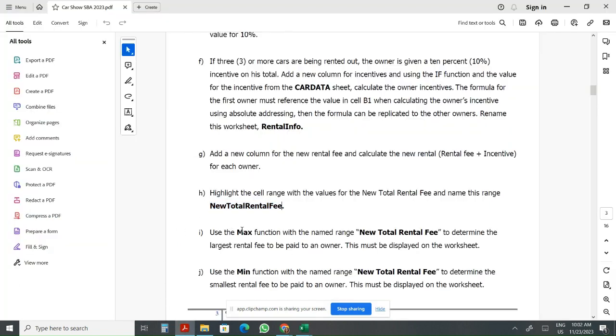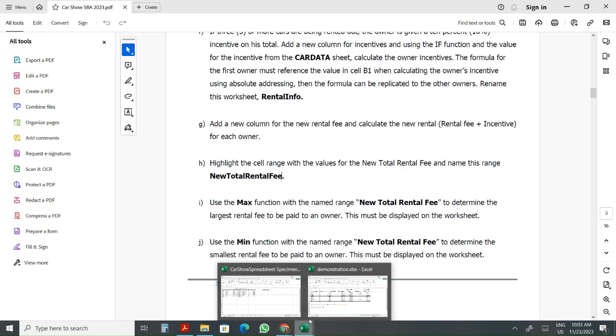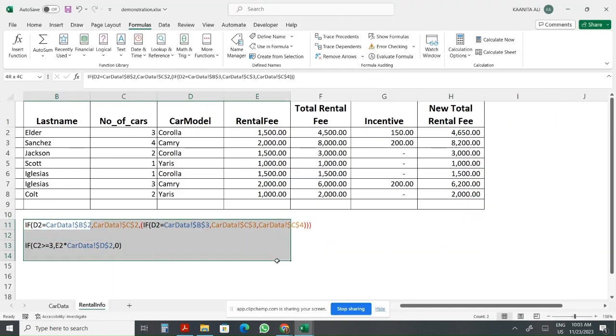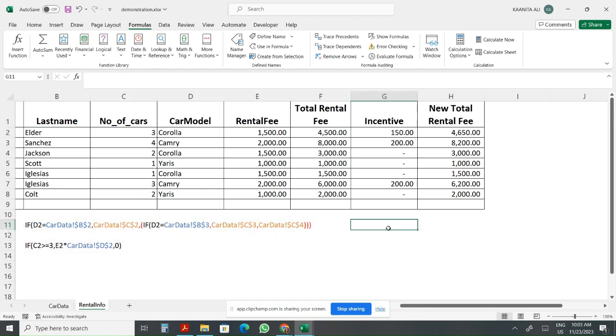We have here now, we move on to I, and it says use the max function with the name range total rental fee, which is what we just did, to determine the largest rental fee to be paid to an owner. And this must be displayed on the sheet. So what we can do is on the side, now this is not supposed to be displayed. Remember, this is just for our purposes, for me to show you all how to do the formulas, right? So we could do maximum here,